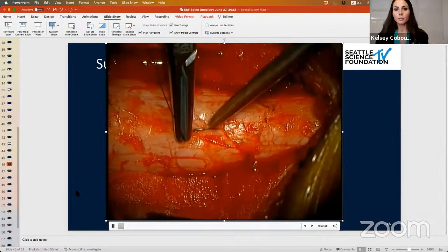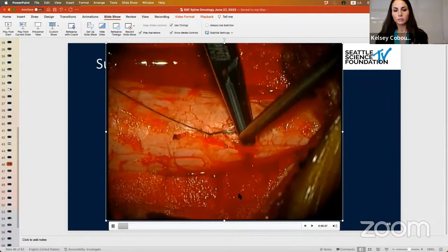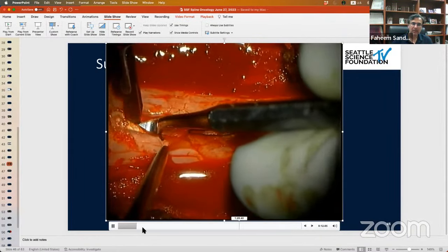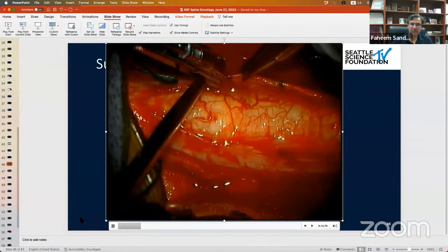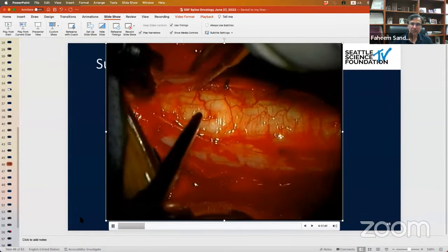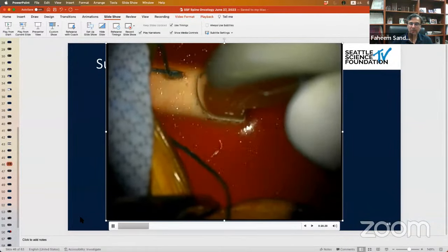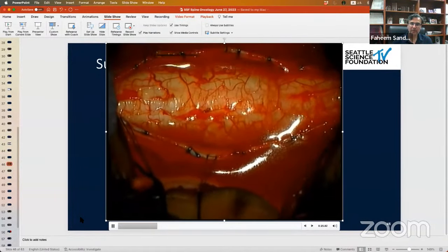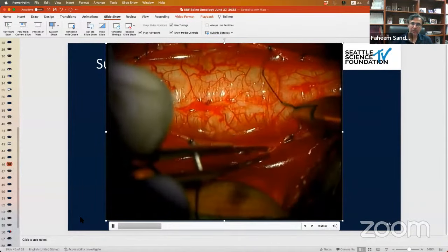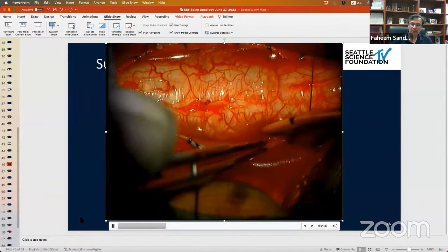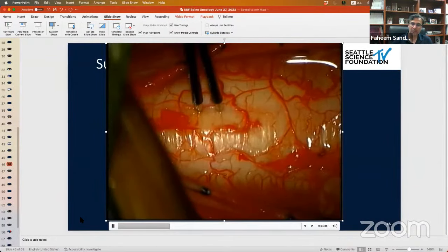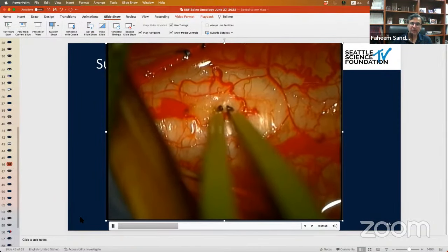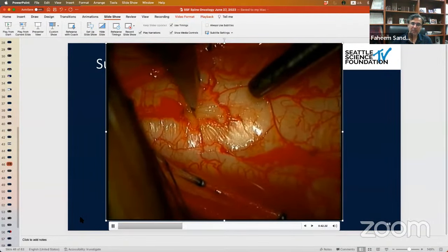We have a brief video from the microscope. Yeah, this is just a couple minutes to go through the major steps of opening the dura, tenting it. We used intraoperative ultrasound to make sure we're localized over the tumor. That's very helpful as well. You can really get a good view of the tumor parenchyma with the ultrasound, both before and after opening the dura. This is the dorsal column mapping, so we have a good idea where to make the midline myelotomy, and